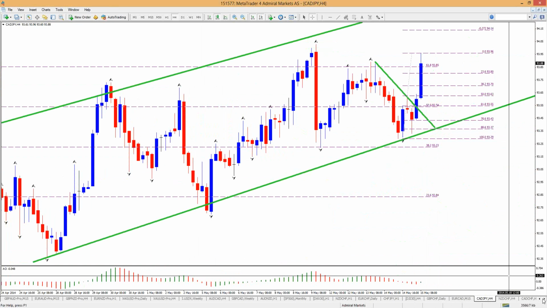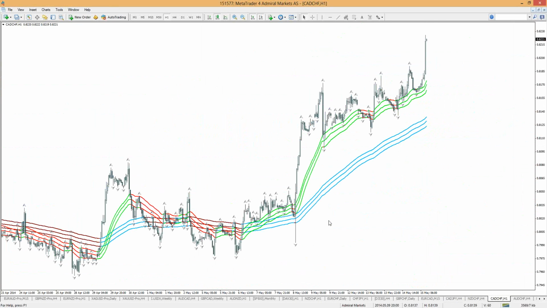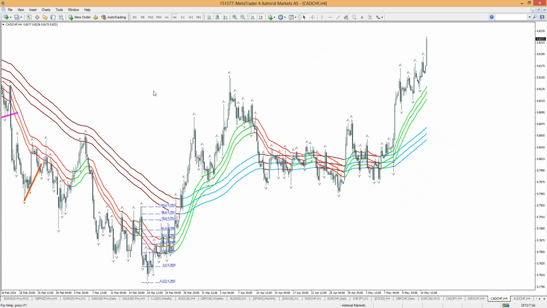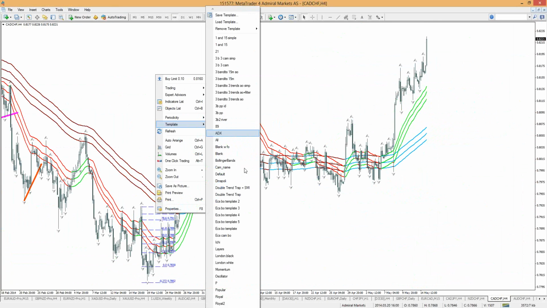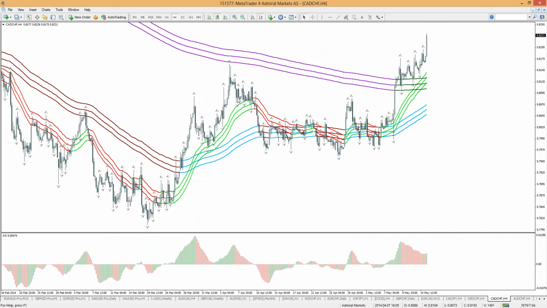CAD Swissy. Oh, wow. Big move up here. A lot of CAD strength, not only against the dollar. I didn't look at the CAD Swissy from this point of view. It looks a bit different now if we have the moving averages coming in like this, though. But